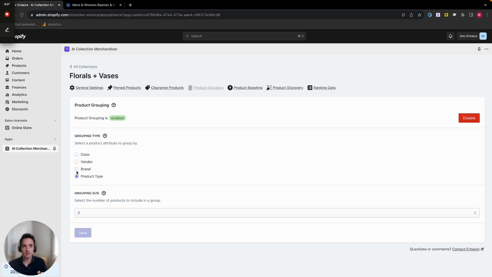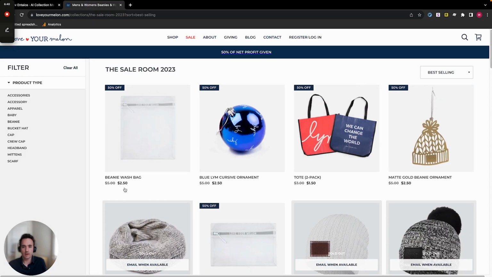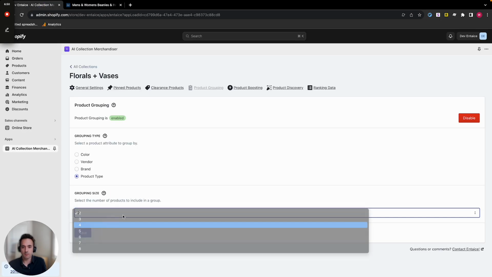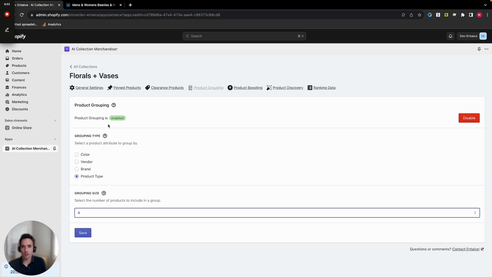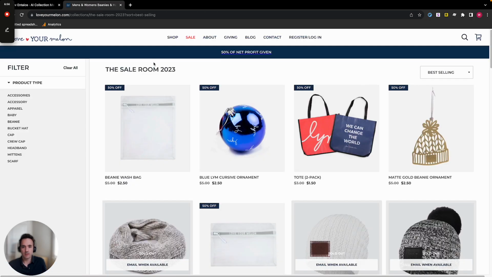Generally, in order to create a really visually appealing collection, sites will set the group size to the width of their collection page. What I mean by that is if you go in here, we've got 1, 2, 3, 4 products going across. So within the app I would set this group size to 4, and then I would group it by color or product type. That would make sure that rather than seeing 4 different product types across the top here, I would see the same exact product type,